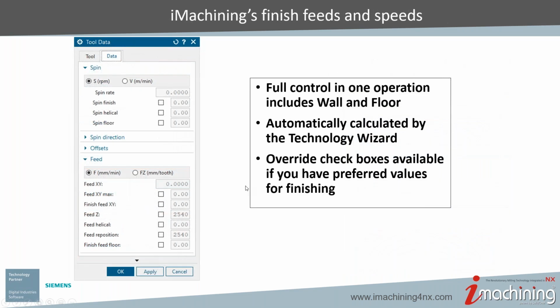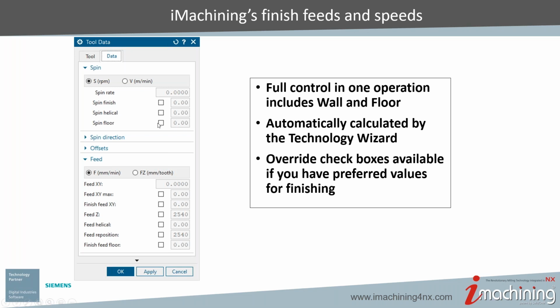As I mentioned with the finishing, one of the most important things with finishing in the same operation is separate feeds and speeds. As we know, there is definitely a difference in RPM and feed rates, whether you're doing the roughing, whether you're helical entering, whether you're finishing the wall, and whether you're finishing the floor. So as you can see here in the operation, all of these things are filled out automatically by the technology